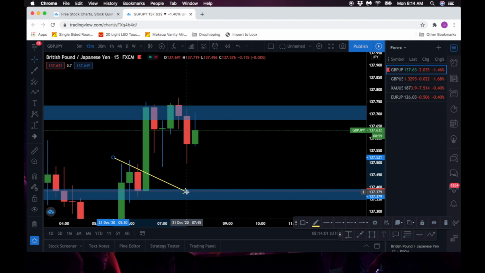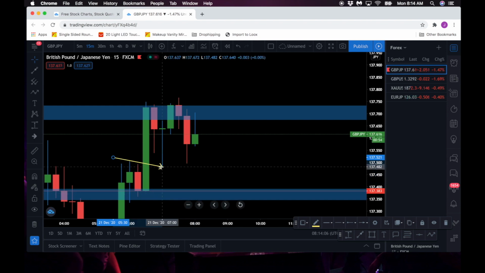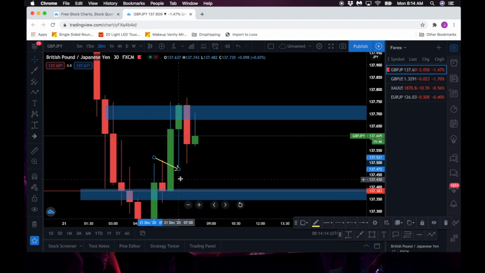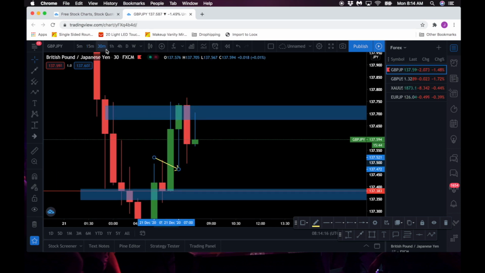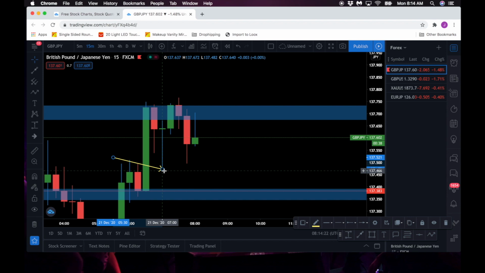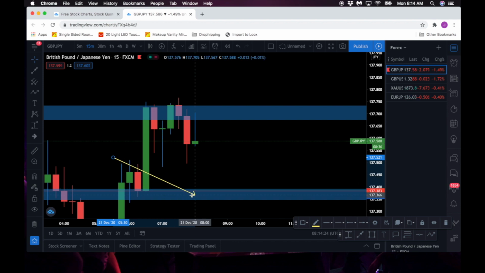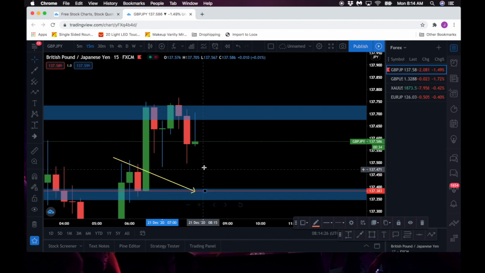I'm already out of the trade. I got my profit right here. Right here, I just took it. But what I'm thinking is on the 30-minute, if you look on the up, what up? So let me go back to the 15. This, I'm assuming, is coming down here to support. So it's either going to be here